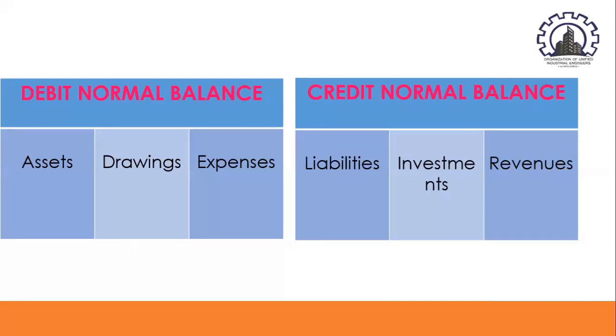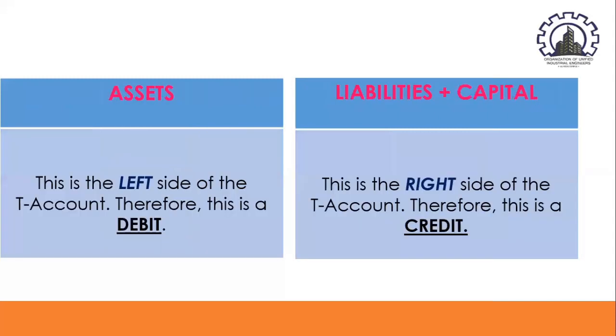Now, this is the same way with the other side of the equation. If there is an increase in liabilities, investments, and revenues, then we have to credit the account. Otherwise, we need to debit it. Okay. Now, as you can see on the tabulation, assets can be found on the left side of the account. So this is the left side of our T account, and therefore, this is debit. On the other hand, our liabilities and capital, these are the right side of the T account, and therefore, this